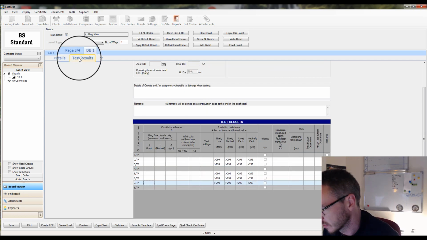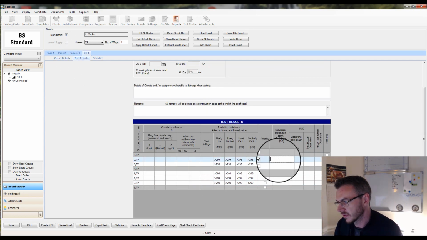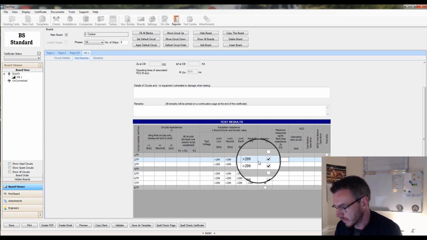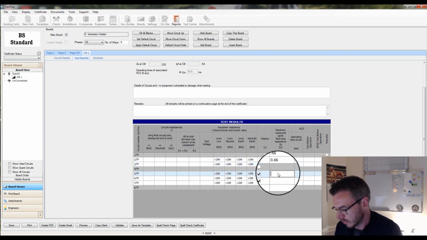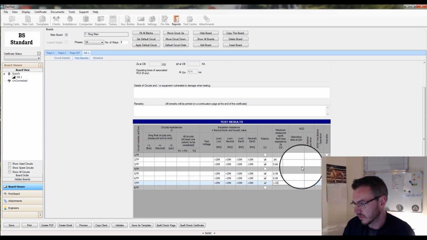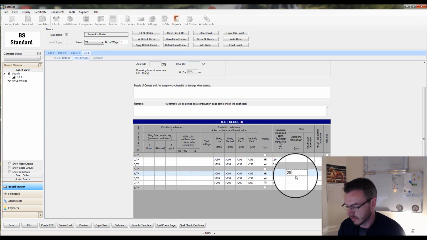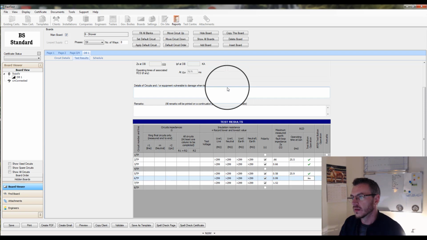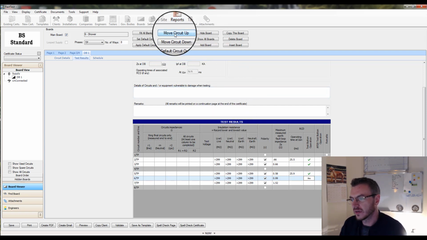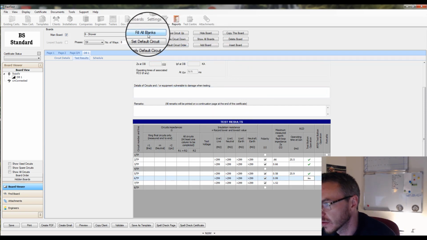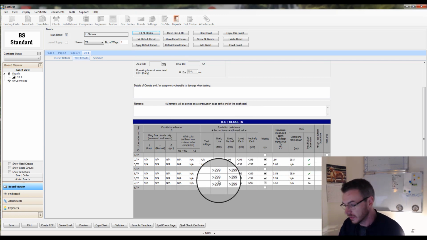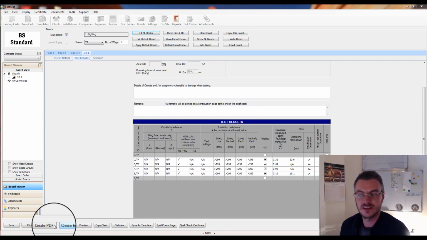So, test results. Over here you're going to have your polarity. Once you've got your Zs, you've obviously got your polarity, and so on. And here, disconnection times, etc. Once that's done, you can fill the blanks with not applicable. Once you get to this stage, all you need to do is create a PDF down here,